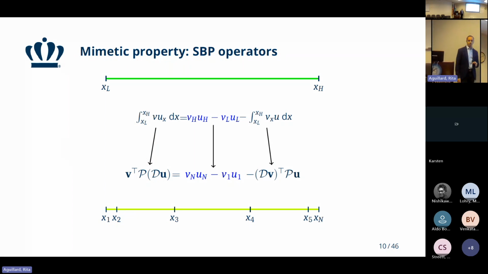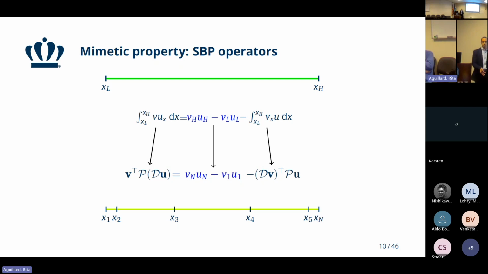So I mentioned that the key operation is integration by parts, and we use summation by parts operators, which give us a mapping with this P matrix to the quadrature matrix representing the integration, and the D matrix representing the differentiation. And the SBP operators have the summation by parts property, so we can recast the same operation with integration by parts to a discrete one. And this scheme will be built on Legendre-Gauss-Lobatto points, or Gauss points with the endpoints included,